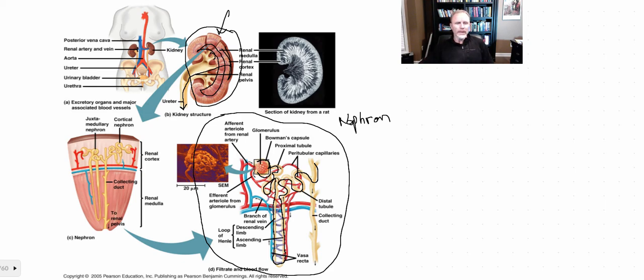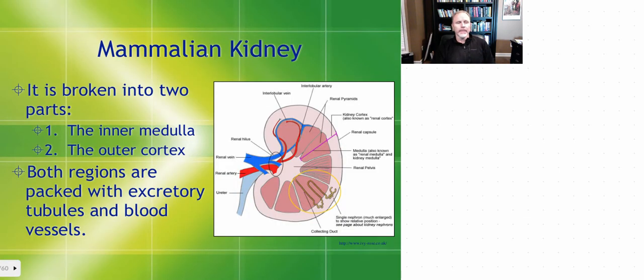So if you zoom out a little bit from the nephron, you can see it's organized into this type of structure, which is the nephron, but zoom out even further and you can see it's in there. And we're only showing one here, and just keep in mind that each kidney has on average about 1 million nephrons, or functional units, there to filter out the blood. Okay, so the mammalian kidney, as I said, you can break it up into the inner medulla and the outer cortex. So that cortex is out here.